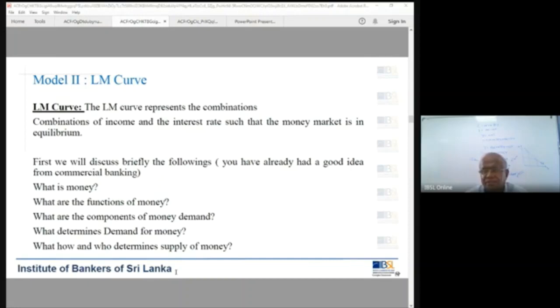Once I finish the lecture, I go to the market, I fall ill, right? To finance, I'll be hospitalized. So to pay the bills, you need some money. So you have to keep some money with me, either a credit card or some cash. That is not the transaction demand, not the speculative demand. That is called what? Precautionary demand.